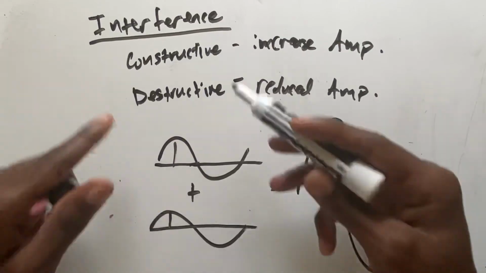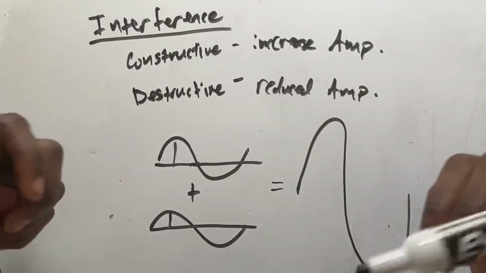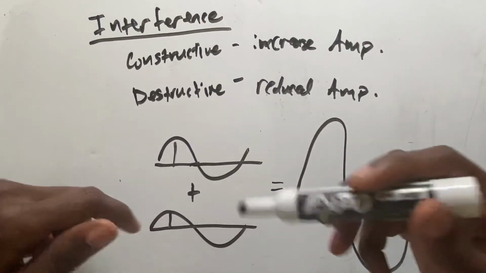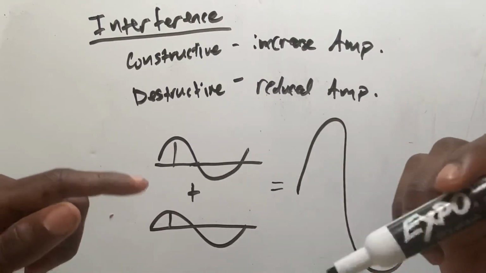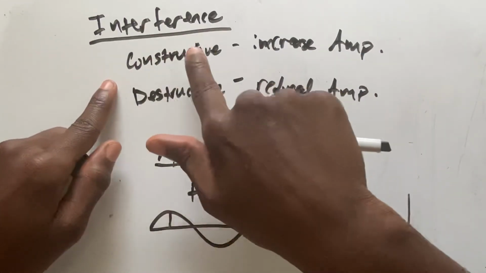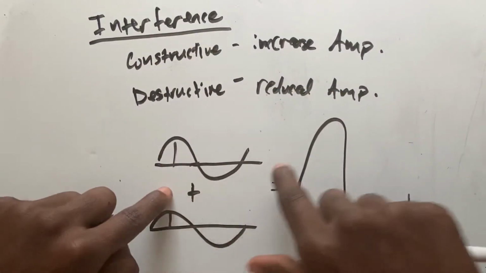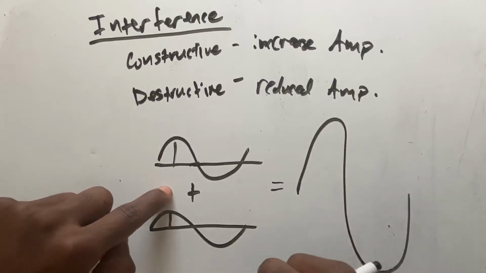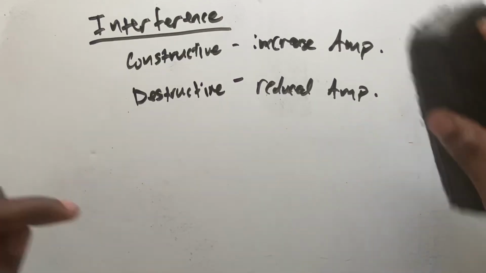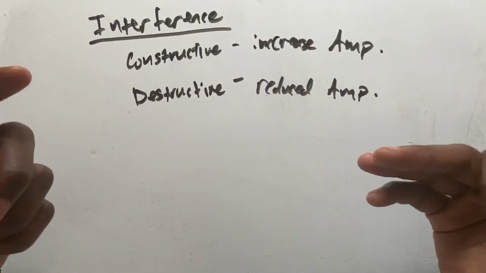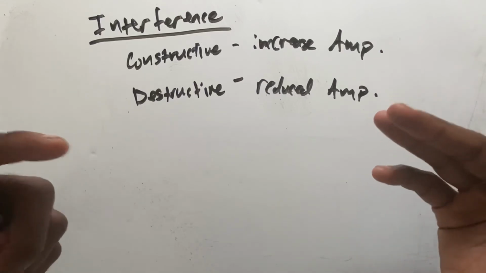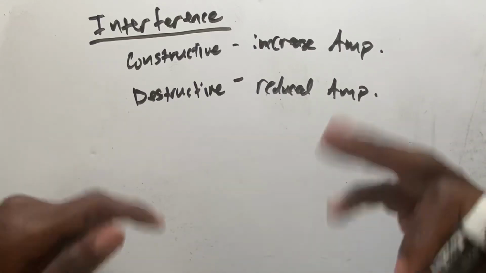It's easy to remember because people already use it in regular language. Oh, me and you are on the same wavelength. Those two people interfering with each other must be interfering constructively because they both amplify each other, or have the same kind of language going. Vice versa, people say, I don't vibe with you, or we're not on the same wavelength, or not on the same page, or something like that.